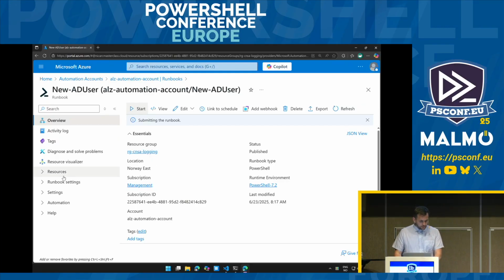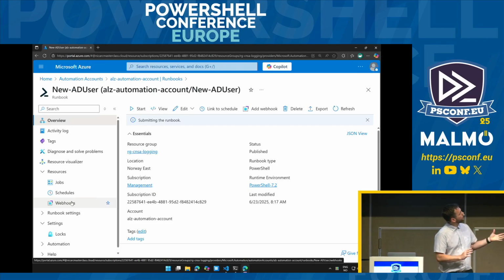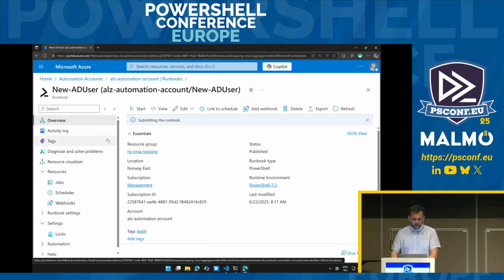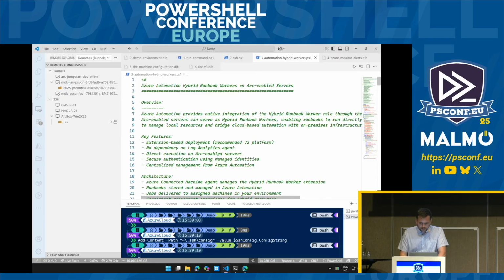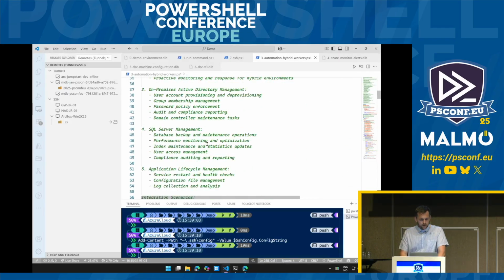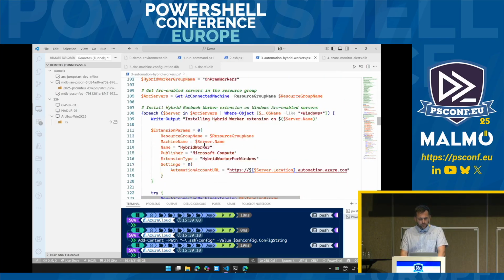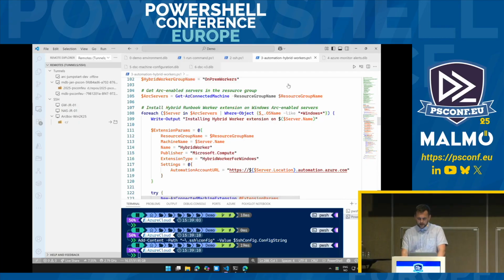machine. And on the left-hand side here, you can see that we have the option to set up schedules. We can set up webhooks if we want the possibility to trigger this from other systems for various integrations, right? So just leave this, we have a lot of examples here on how to set up runbooks for various scenarios, how to enable that hybrid worker extension programmatically via PowerShell and so forth. So I'll just leave that there as an